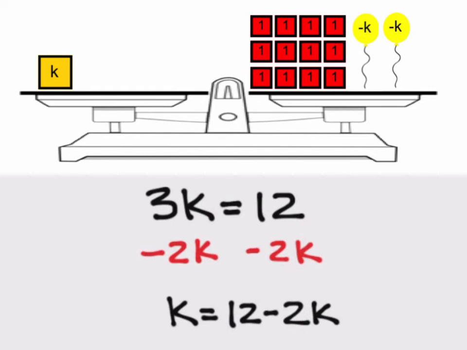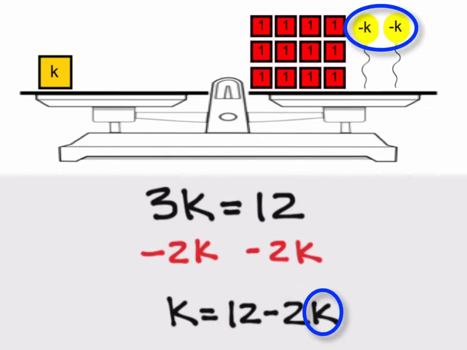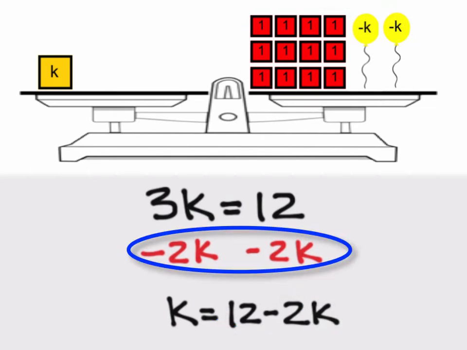Now, while we do have k by itself on one side of the equation, we wouldn't say that it's adequately isolated. Why? Because on the other side of the equation, we still have that unknown variable k in there. So even though we have k equals, we don't know what number this is because we still don't know what k is. So in this case, adding or subtracting k's is not going to be good enough to adequately isolate